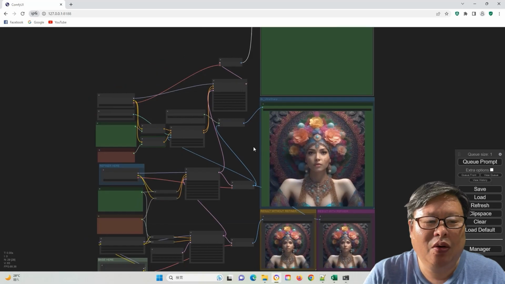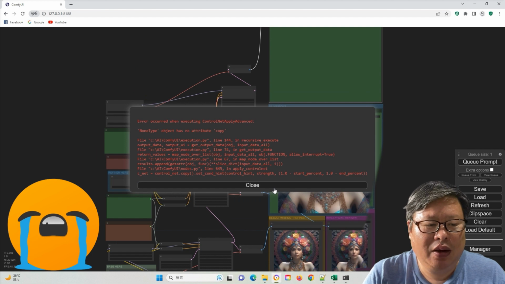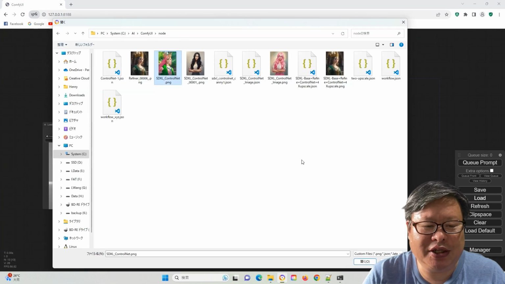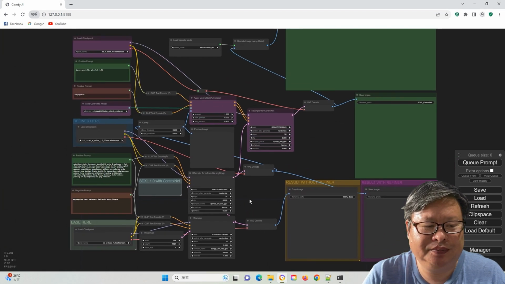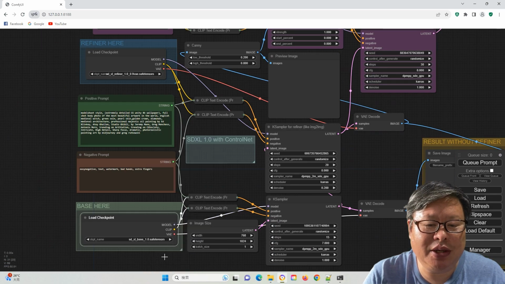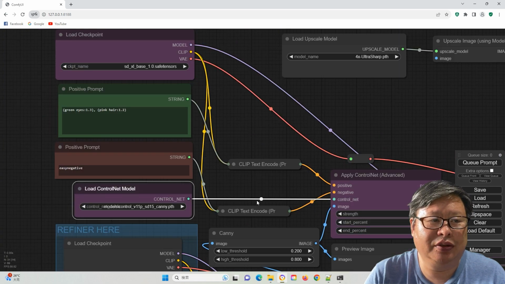Now let's explore whether it's possible to apply ControlNet to an image generated solely with the SDXL model. To do this, we will revisit the scenario where I previously encountered difficulties. Start by loading the PNG file I provided earlier. Then link the refined image directly as the ControlNet input image. Shift the Canny ControlNet to the older 1.5 version.